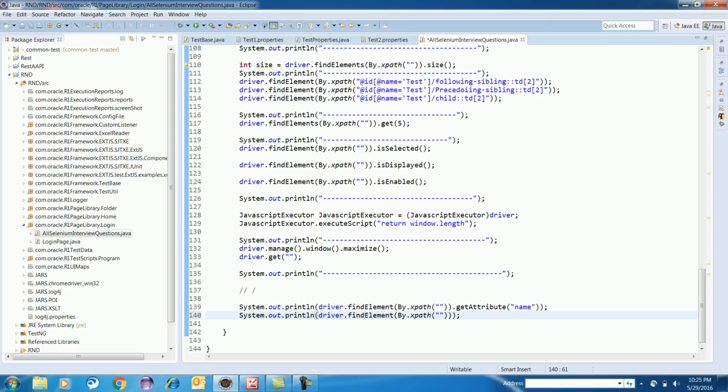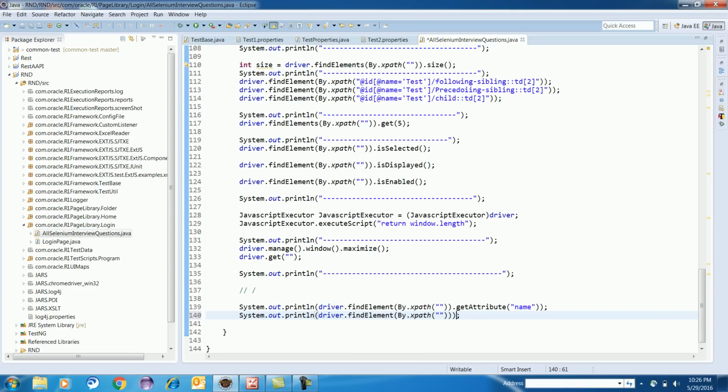Now, when we do sendKeys, let's say we have a login page, we are supplying username and password, and then we have to click on the submit button. I don't want to click on the submit button. How will I achieve that?